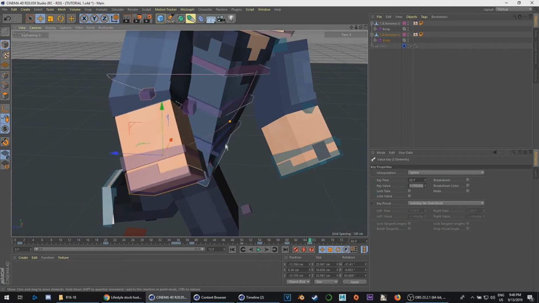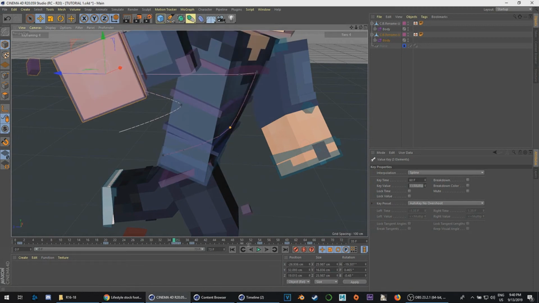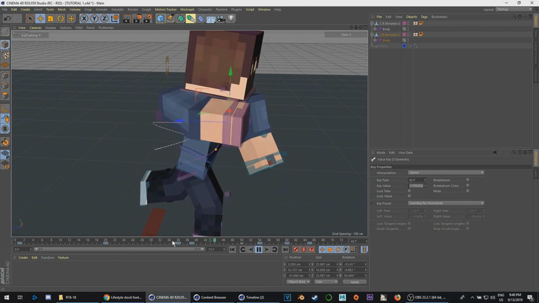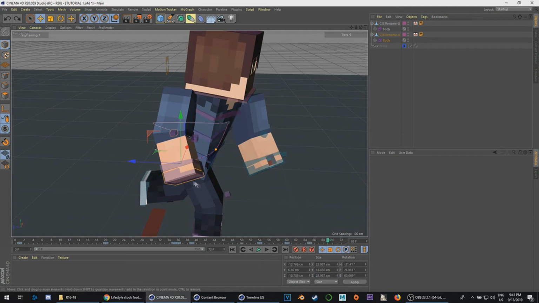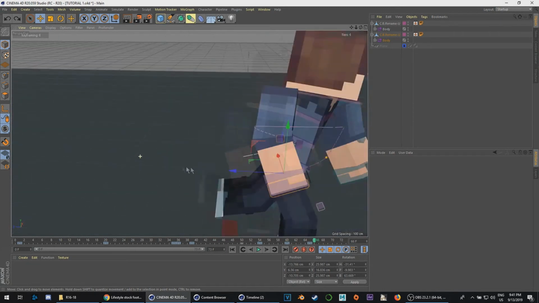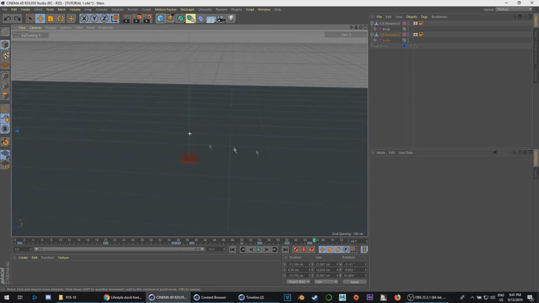And straighten that out as well. And there we go. So that's kind of how it works. That's just the very, very basic portion of it. Obviously, this doesn't look very good from the start, but that's how you usually do punches and kicks and fighting animations when it comes to quick